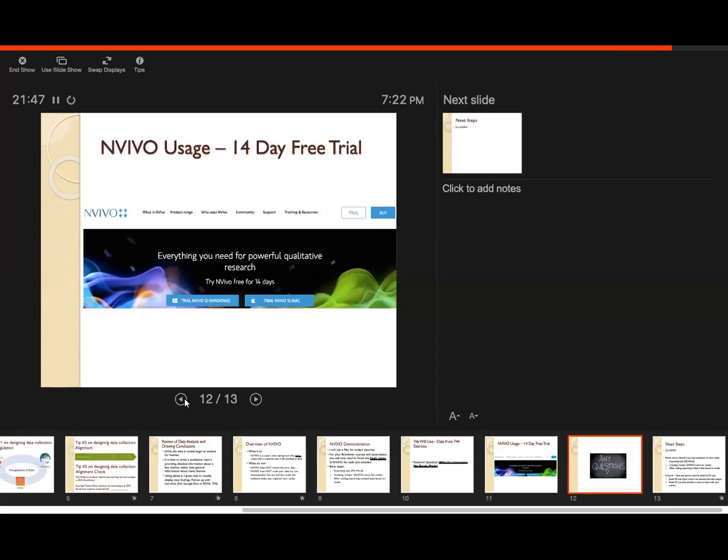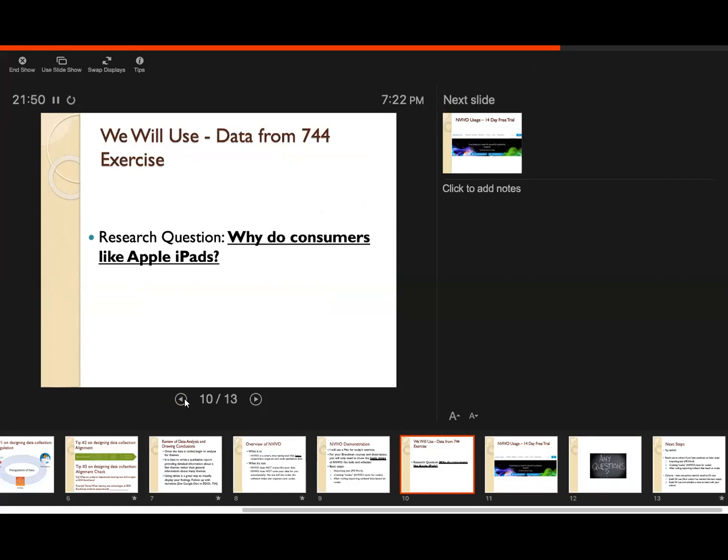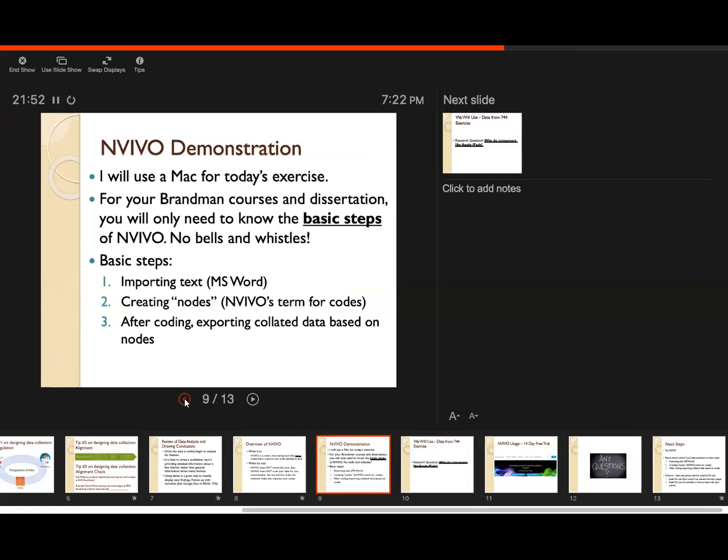Okay. I'm going to be using a Mac for my demonstration, but on the PC, the interface looks a little bit different, but the steps are the same and the buttons are named essentially the same. Okay, so